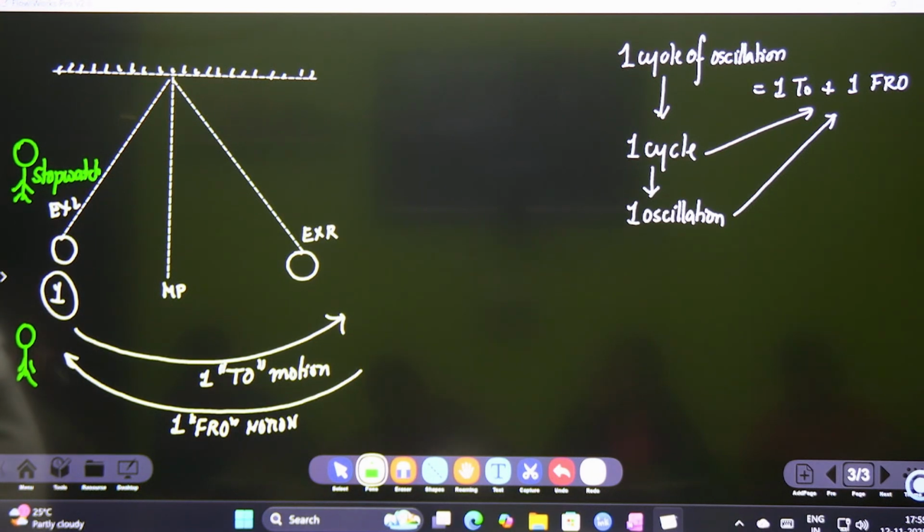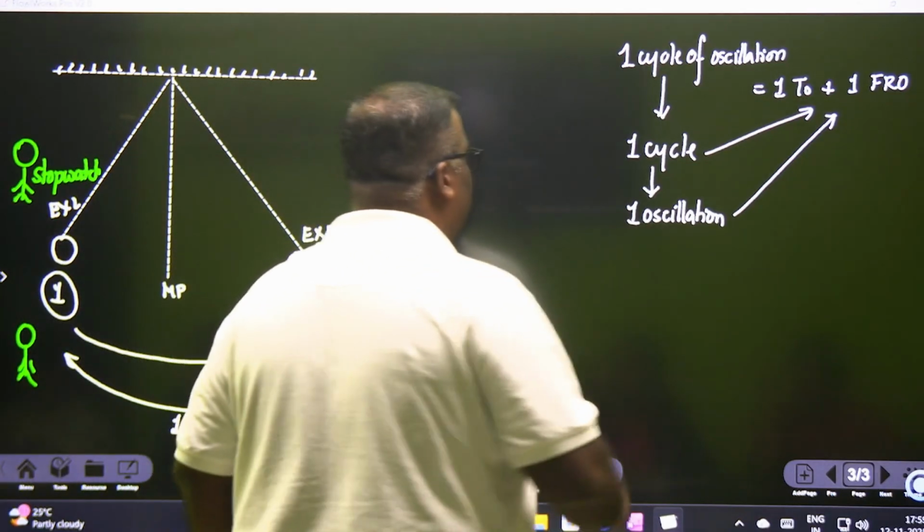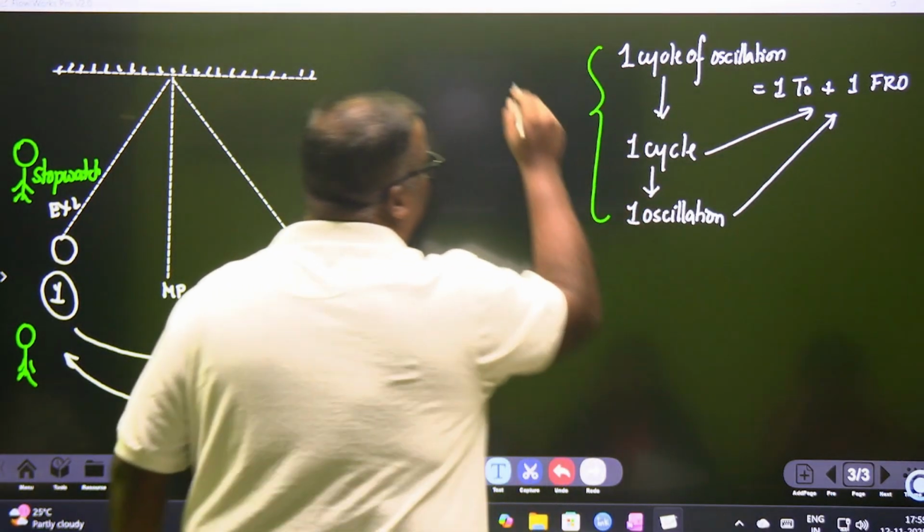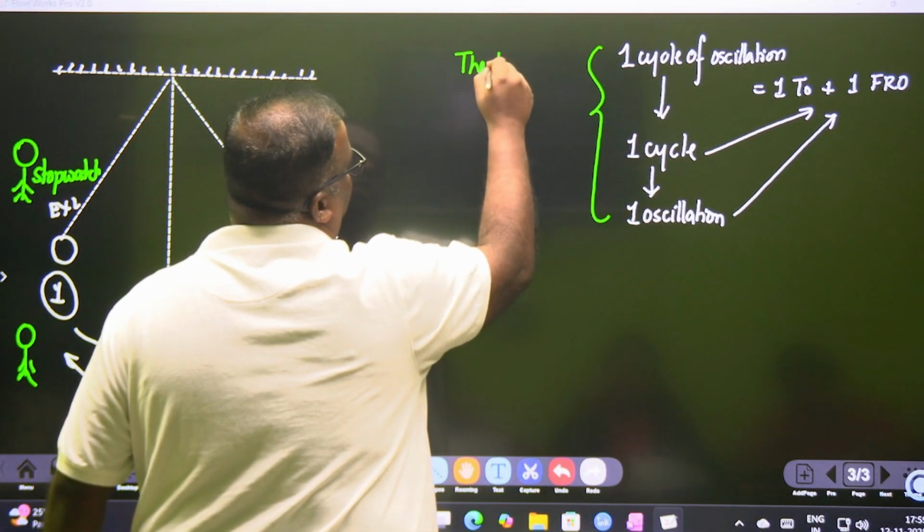And when he starts, this boy is supposed to release the bob. Release the bob, not throw it. Throwing is not allowed. Throwing means it will acquire some energy. It should go on its own. It releases it, right? So we now bring a new concept again, and we say that the time taken